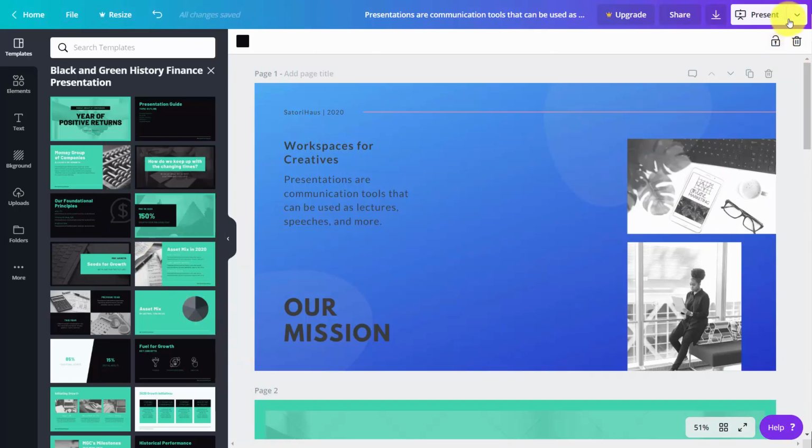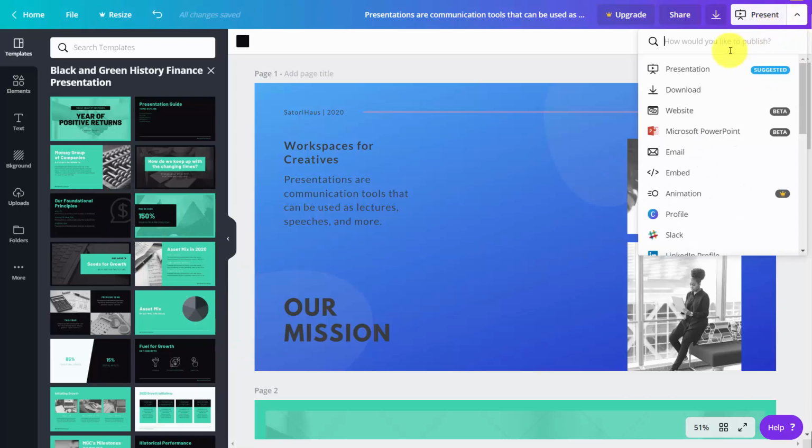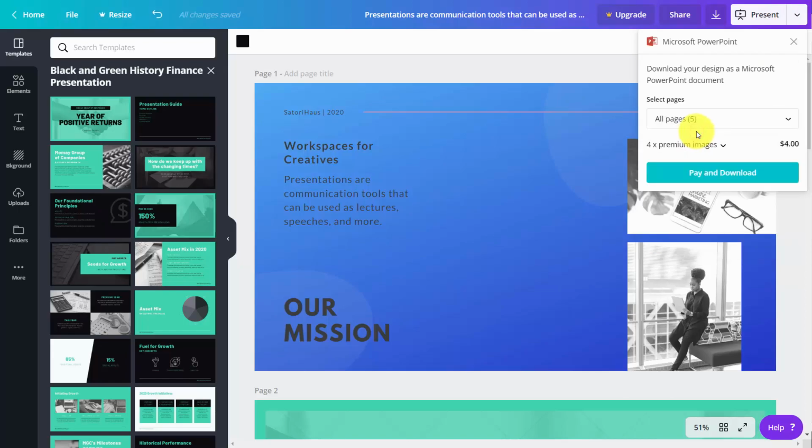We're going to do that by going to this drop-down menu. You're going to see here that there is a link, and as of the recording of this video, this feature is a beta feature. We're going to then click this link. Now we're going to decide on how many pages we're going to have. One of the things you'll note is that in this area, you actually have 4 premium images that you'd